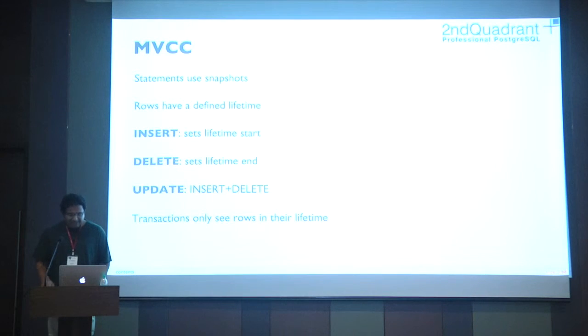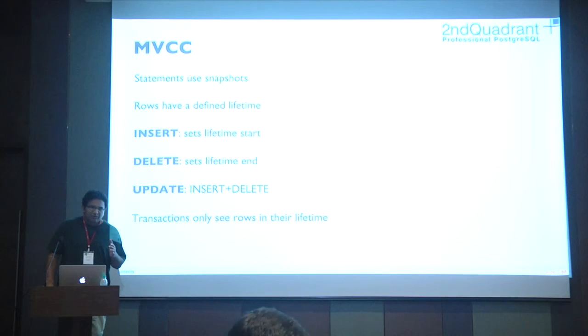And Postgres essentially, in effect, allows sessions to pretend that they're the only ones accessing the database at a given time. This behavior is implemented using some simple building blocks, one of which is the lifetime of